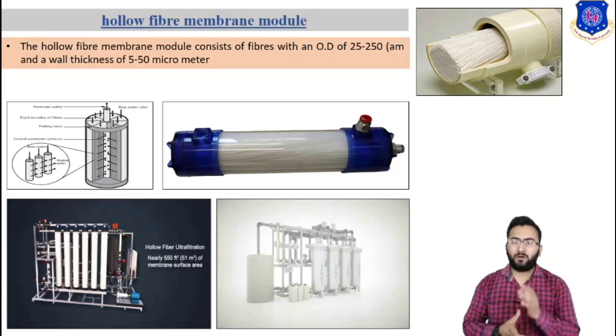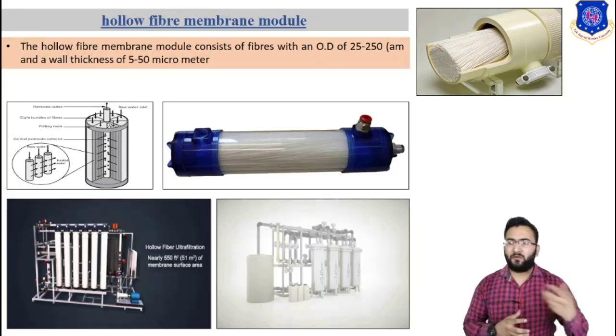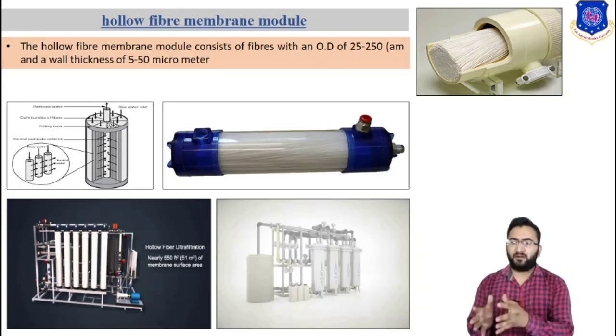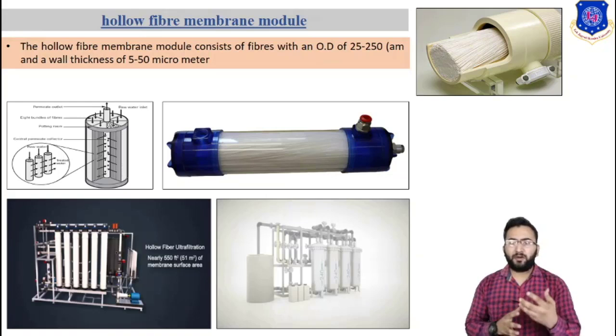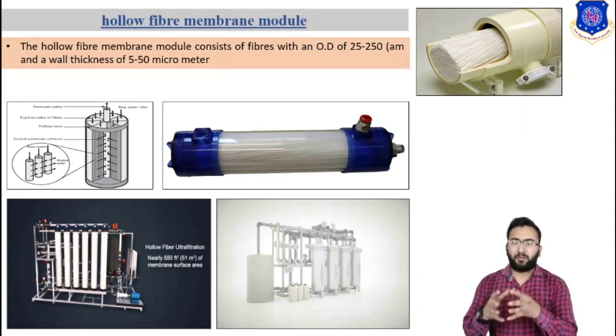A bundle of hollow fibers is mounted in a pressure vessel and the open ends of the U-shaped fibers are potted into the head plate. Input water under high pressure flows over the outside surface of the fibers. The permeated water then flows out through the base of the fibers and is collected as product. In the hollow fiber membrane module, permeate water flow per unit area of membrane is low and therefore concentration polarization is not high at the membrane surface.